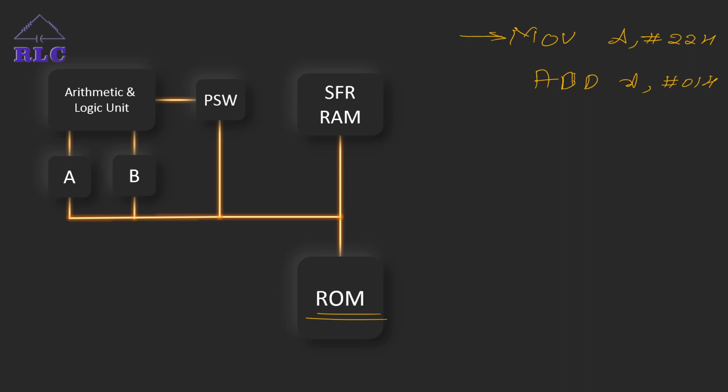Then later, once this instruction has been sent to the ALU, I should have a track that next I need to execute this instruction. So to know in which memory location this instruction is stored, then in which memory location the next instruction is stored, and which instruction has to be performed next, this track will be placed in the